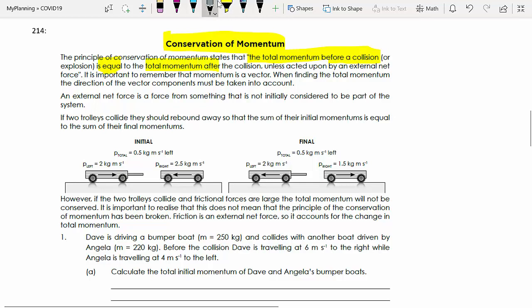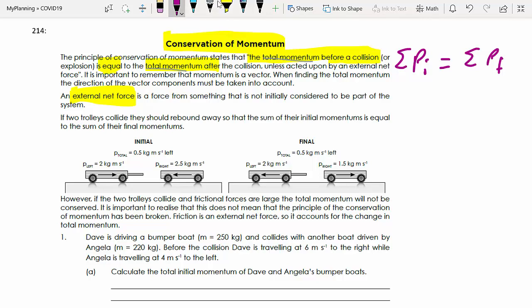So we're looking at this idea of total momentum, and we could essentially say that the total of Pi, the total of the momentum before, is equal to the total of the momentum after, and the condition for that is that external forces are not considered, so there are no external forces. Some years you can get an Achieved question: state your assumptions, no external forces.